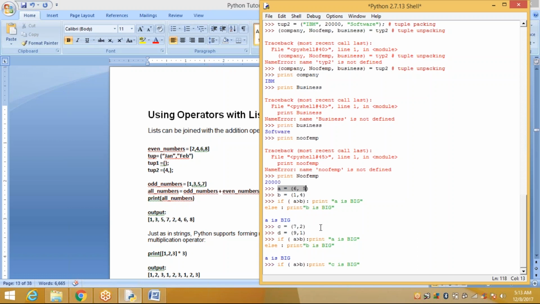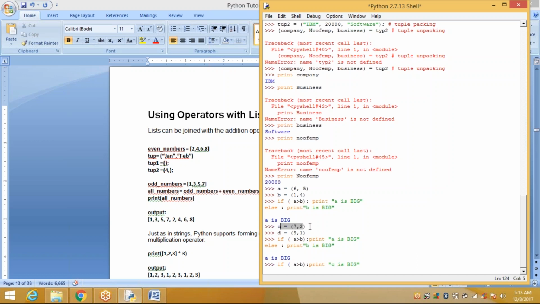Suppose these first two values are the same. Then you go to the second value, and whichever is greater is the big value. If the second values are also the same in both tuples, it will go to the third one.